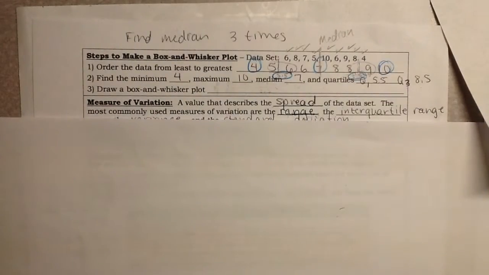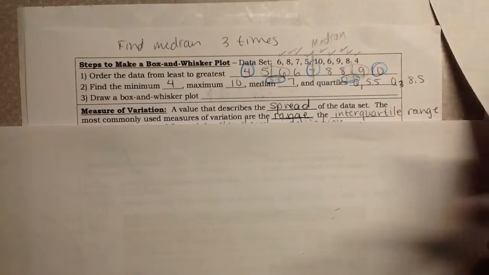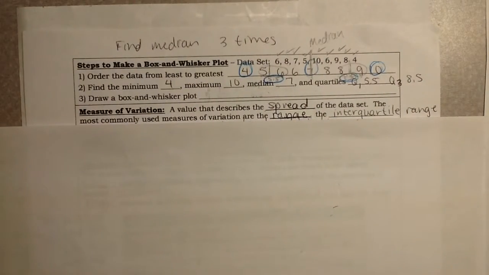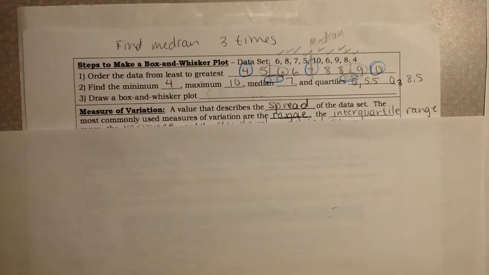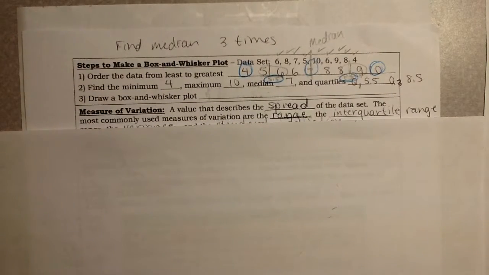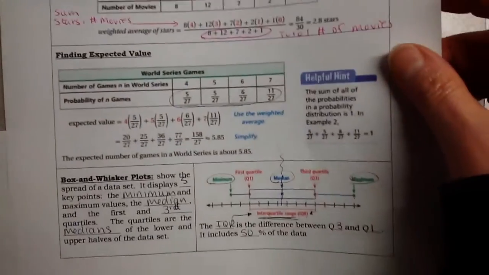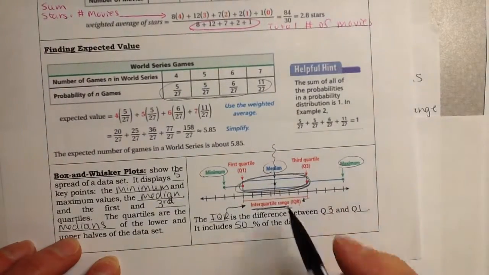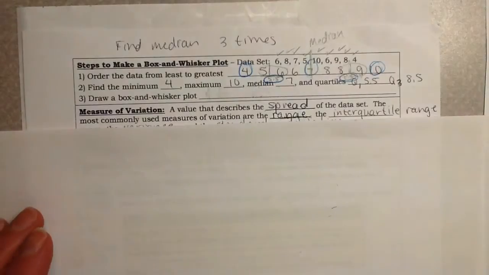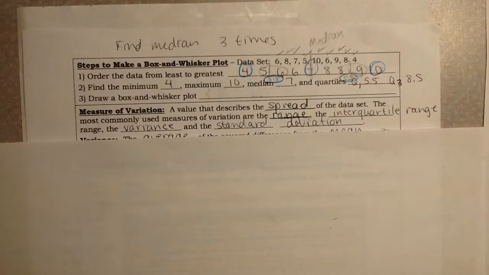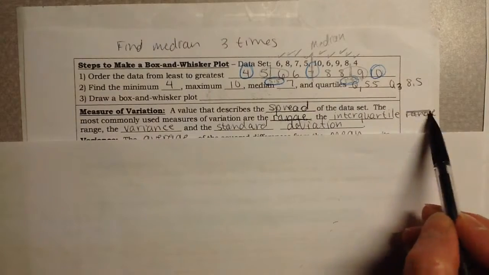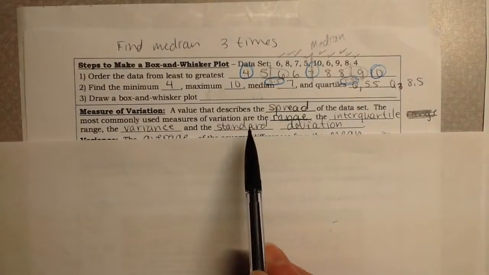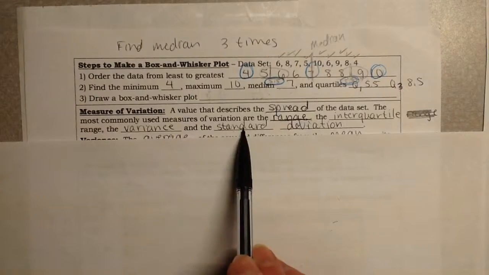Now, we need to talk about the measure of variation. That's a value that describes the spread of the data set. The most commonly used measures of variation are the range, the interquartile range, and remember that the interquartile range is right here. So if you're asked to find that, it's the box and whiskers from here to here. We don't need that extra range there. The variance, the standard deviation, and this is what we're going to be talking about right now,